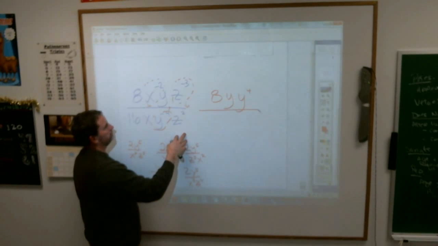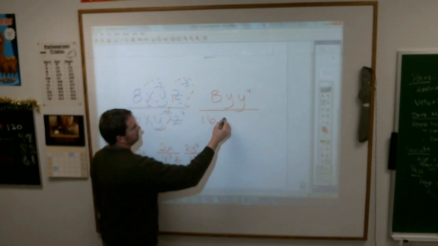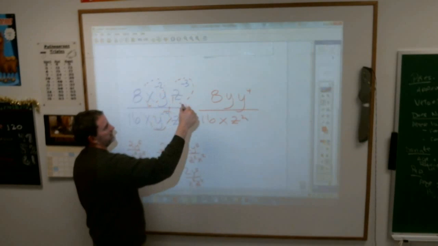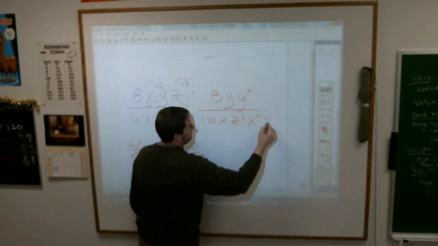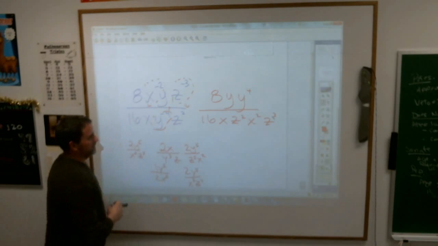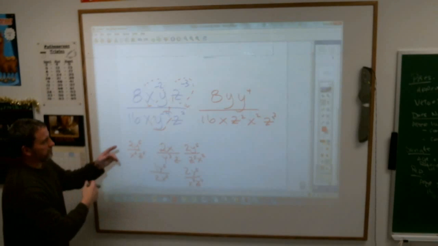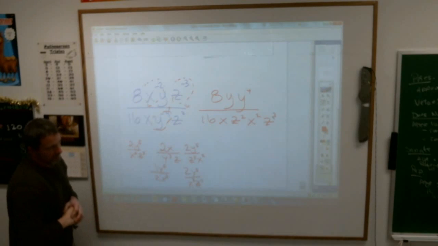On bottom, I have my 16. I have my x, and I have my z squared. And then I bring the x to the negative 2, it becomes x to the positive 2, and the z to the negative 3 becomes z to the 3rd power. That's just shifting the letters from top to bottom, changing their exponents, right? Everybody pretty much with me on that? I just move these down and that one up, and I end up with that. Okay, now,